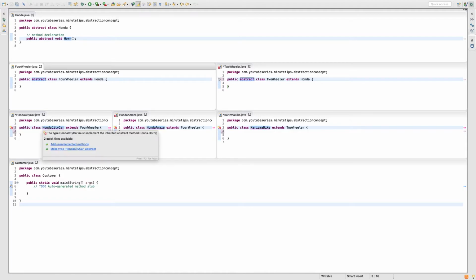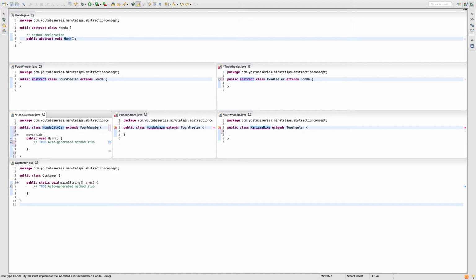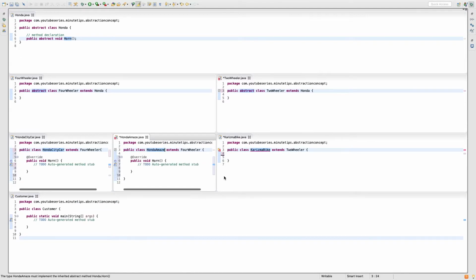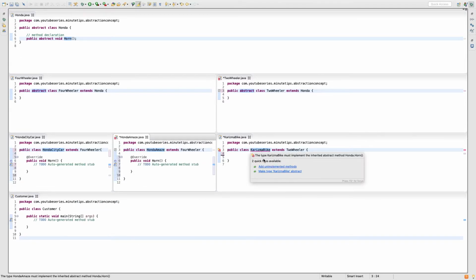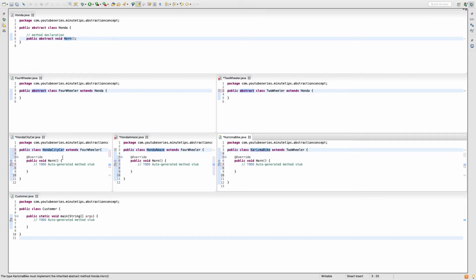So for Honda City car, here I'll do add unimplemented method. My Honda Amaze class, same, add unimplemented method. My Charisma bike class, add unimplemented method. So now I can write an individual implementation here. Now I know the sound for my Honda City was BBB.